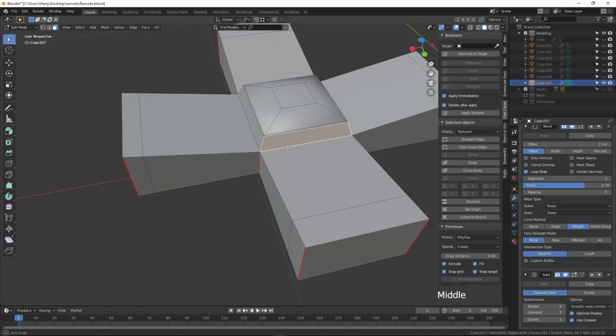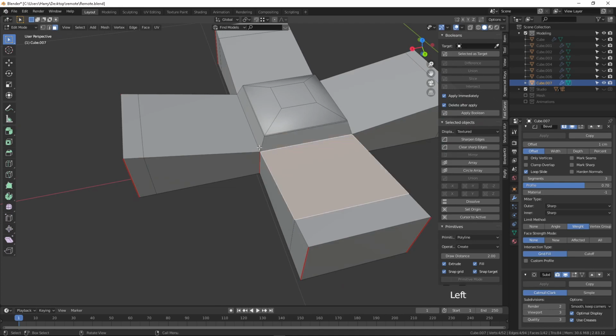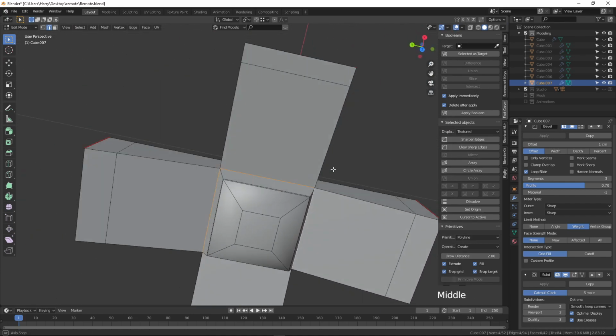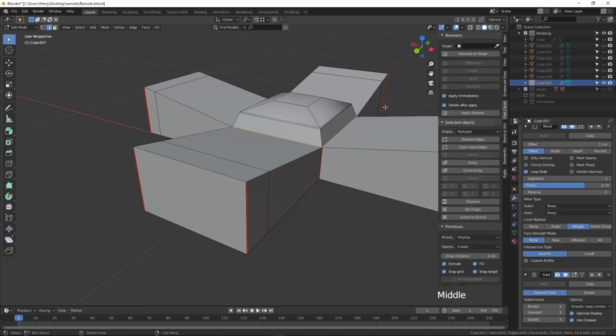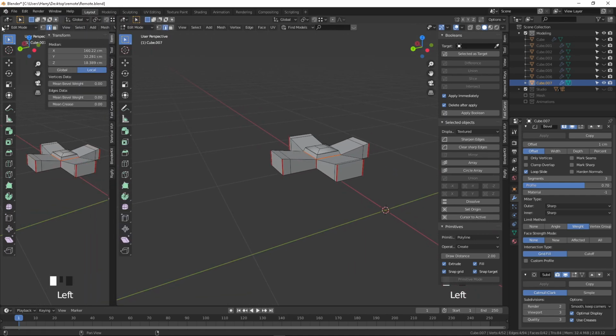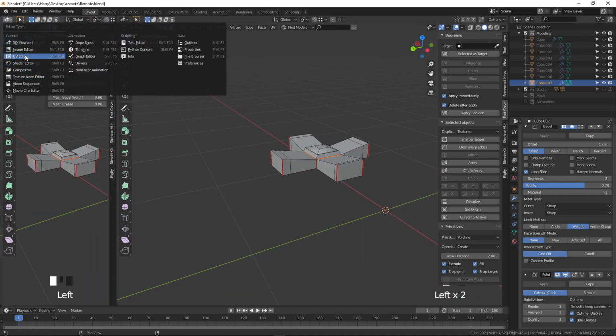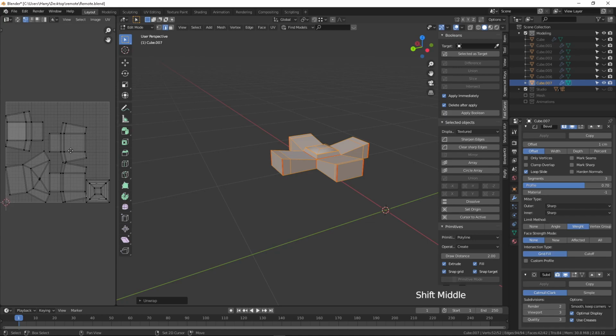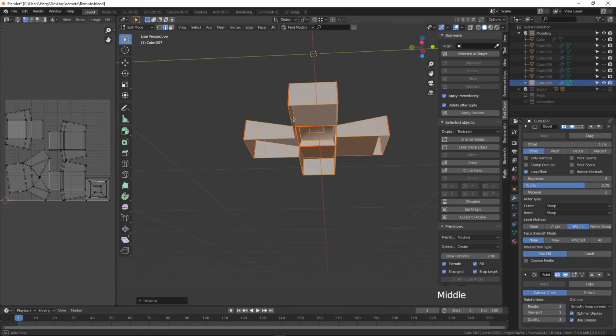then I'm going to create a mark seam here. Press 2 on the keyboard, this particular circle I'm going to create one seam. Press F5 and open a new window and go to the UV editor and select all, press U and unwrap it. Now you can see everything has been unwrapped.